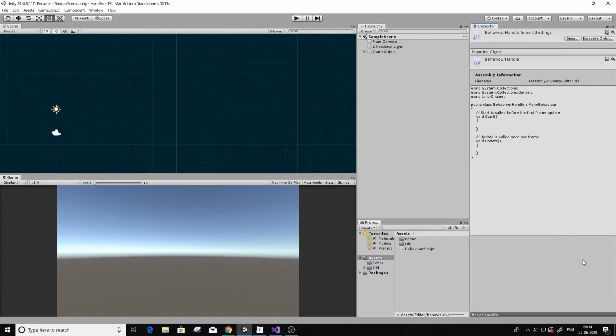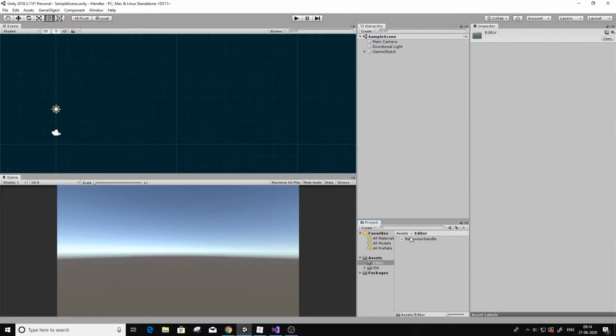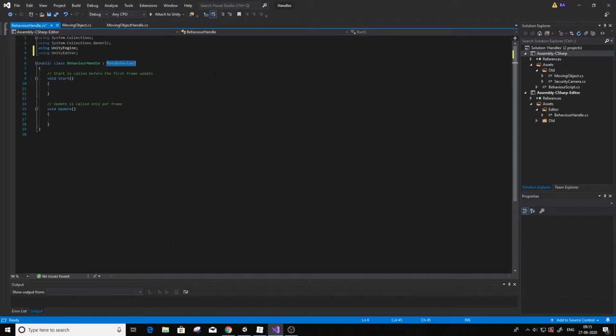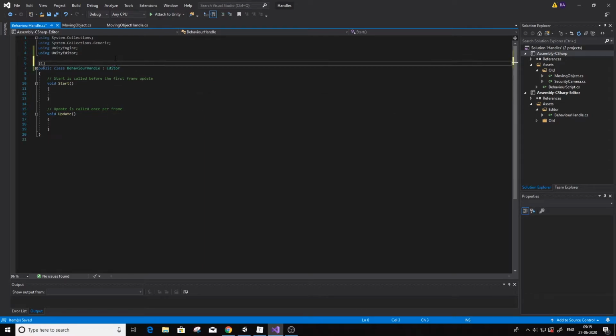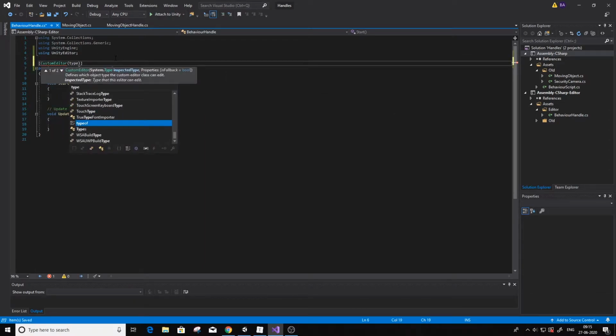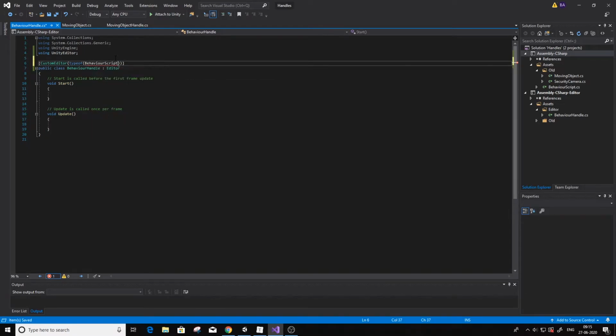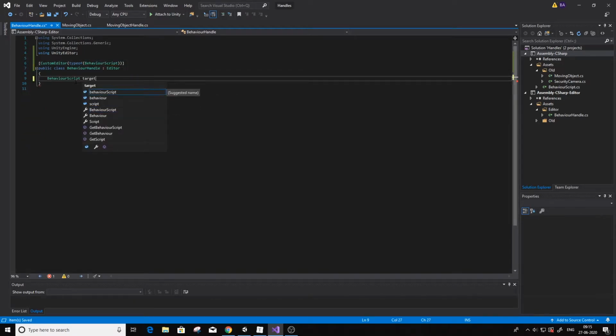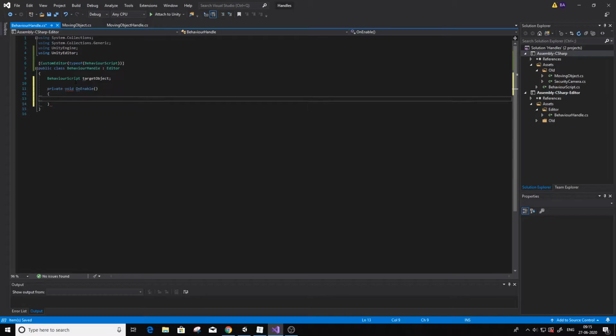Alright, so before I get into the more detailed stuff, let's talk about the base setup for the handles to work. A normal MonoBehaviour script should be accompanied by an editor script, which will handle the drawing of handles. The editor script must inherit from the Editor class and should be a custom editor of type of the target script. You can retrieve the target object by casting the variable target to the desired class. And that is all you need for the basic setup. Now, let's get into the individual handles.